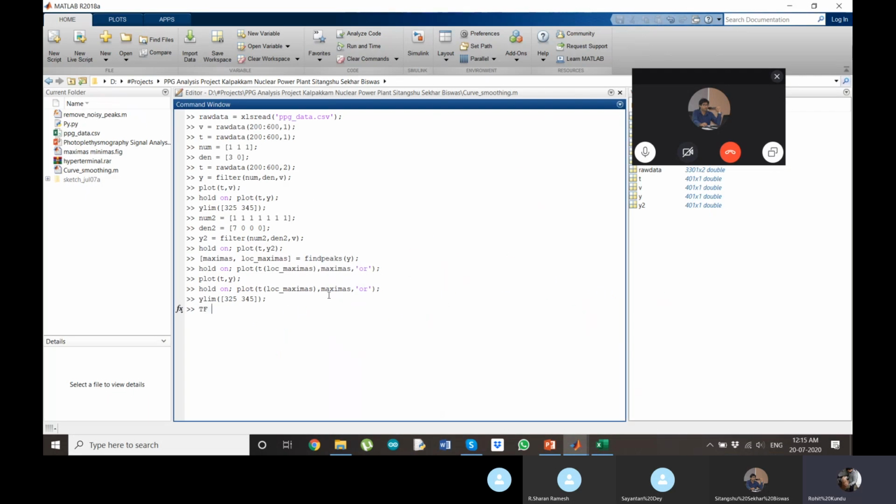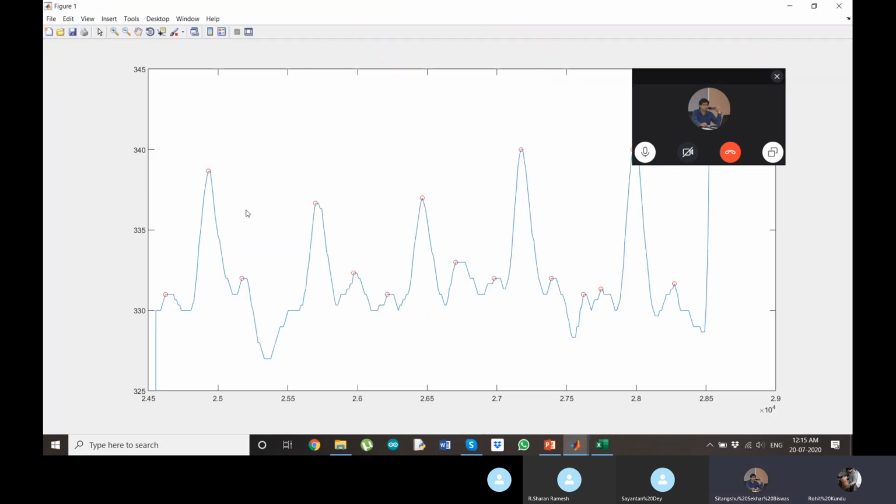So for the minimas, we'll use the function islocalmin. What this function does is it basically sweeps through the entire curve, and for every location it gives a value 1 or 0 of whether it is a minima or not, whether this point is a minima or not. So it will be 0 everywhere except for these points, this point and all.